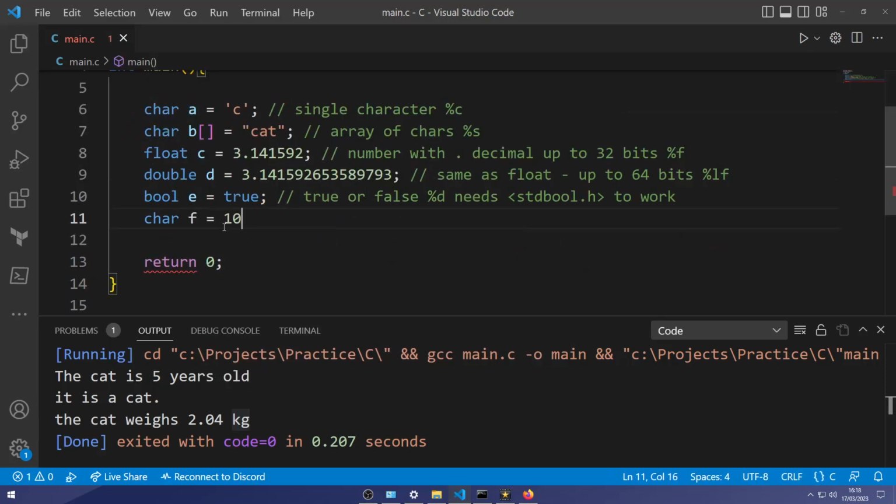The next one we're going to talk about is another way of saying character, and in this method we can do either a %d or %c. There's two options. %c converts the number to the ASCII equivalent of that character, but %d just displays the number as is.